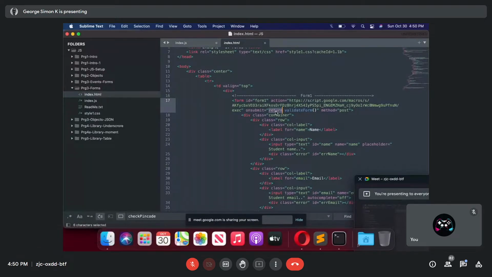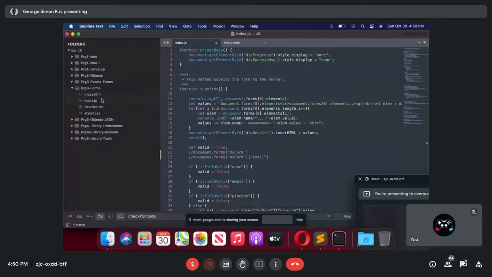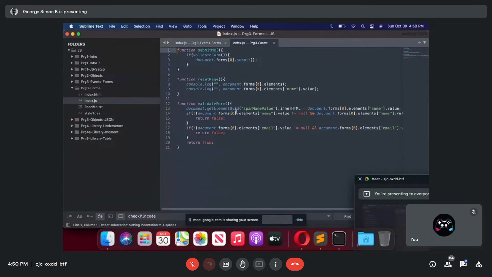This keyword return is very important here. That means the method you are writing, validateForm, you're going to write in JavaScript. If it returns true, then the form will be submitted. Otherwise, the form will not be submitted.